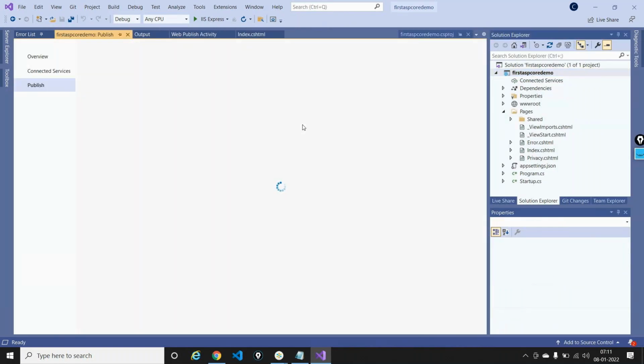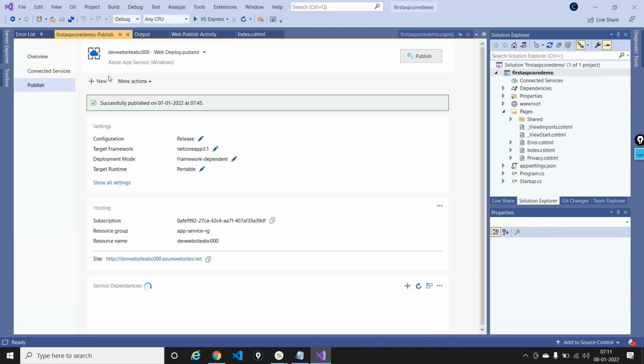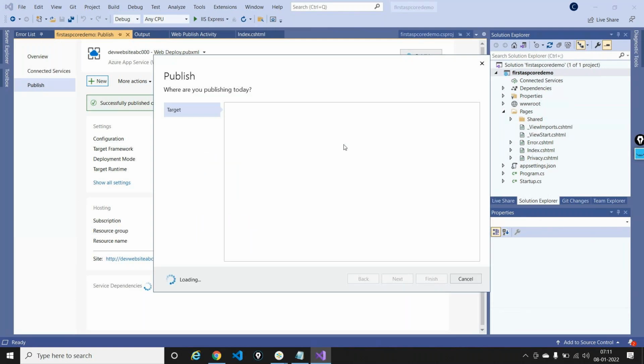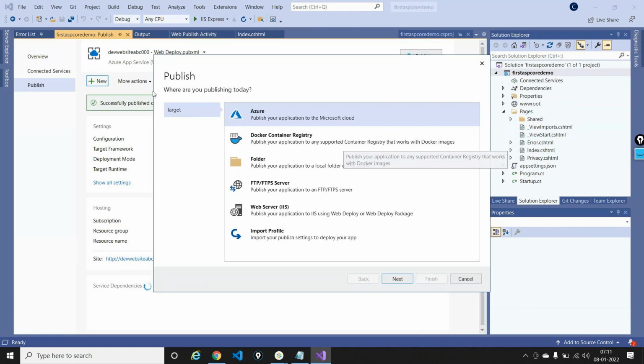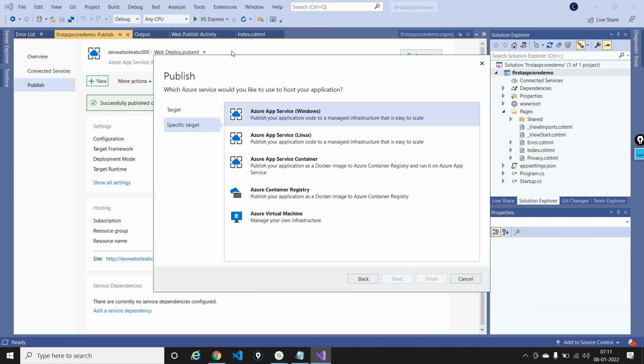Once I hit the publish button, let me open up a new publishing profile and target my application. I'm just choosing Azure, and I'm saying this is an Azure App Service running on Windows. And I'm saying next.